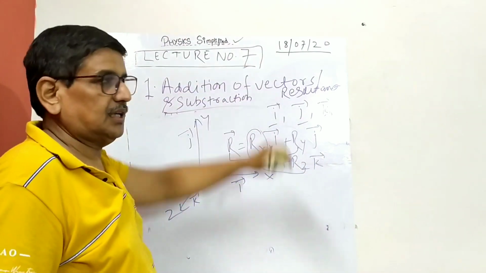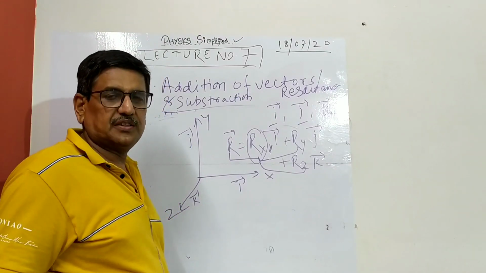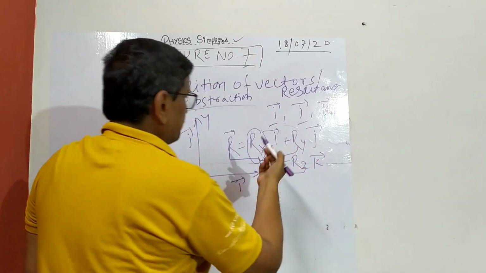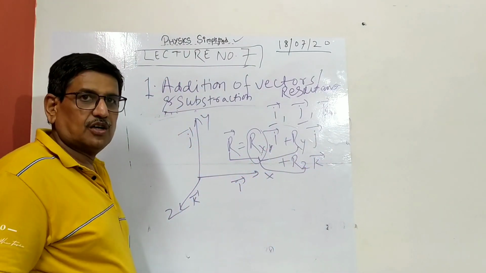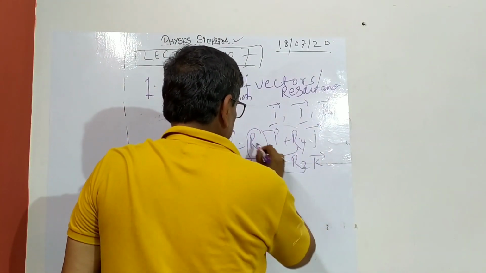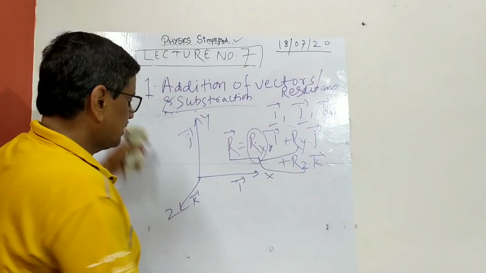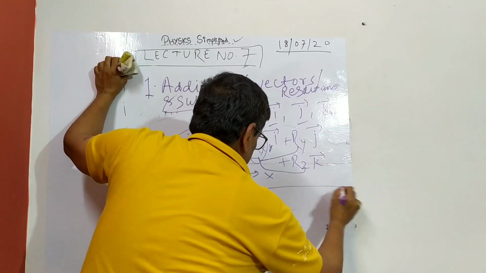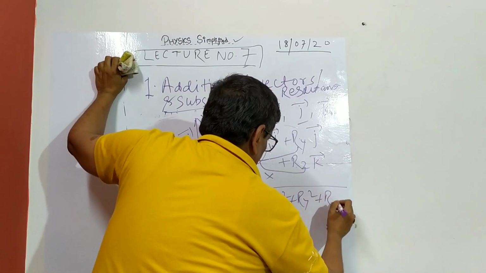A general vector quantity, maybe a force, a torque, or a moment, anything you say, may have all three components in a particular situation. In real life, like in machines, it may have two components, maybe in the xy plane, yz plane, or xz plane, so you can put the other component as 0. So the magnitude again in this generalized case will be the square root of Rx square plus Ry square plus Rz square. And now the direction.